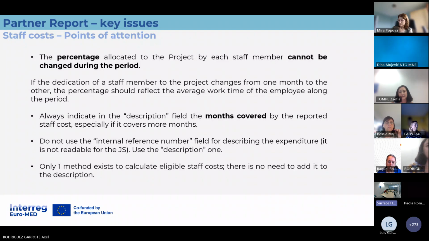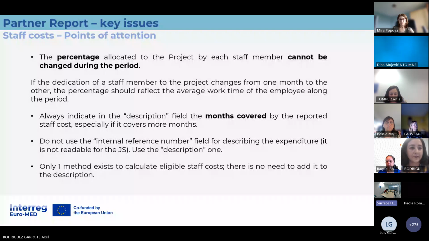This is just a speciality of GEMS. And in this period, we only have one method for calculating the eligible staff cost, so there's no need to add this information to the description. Everyone is using the fixed percentage methodology.